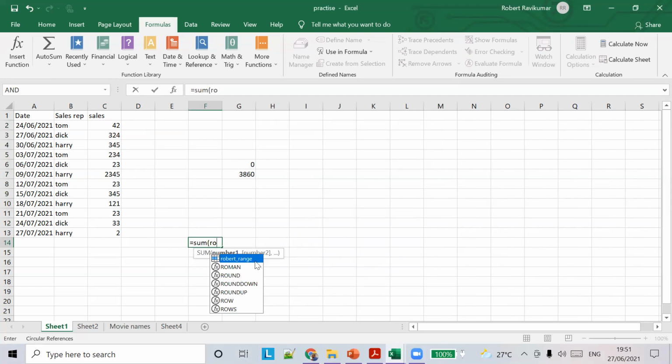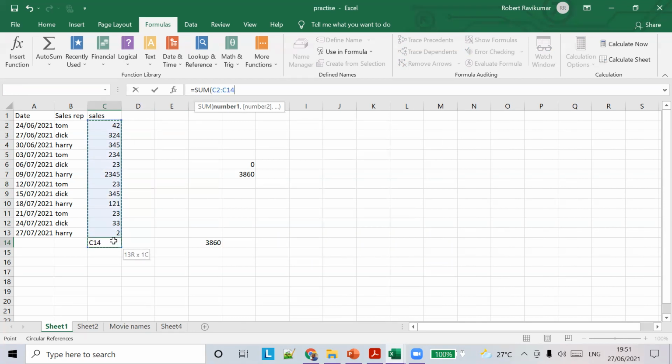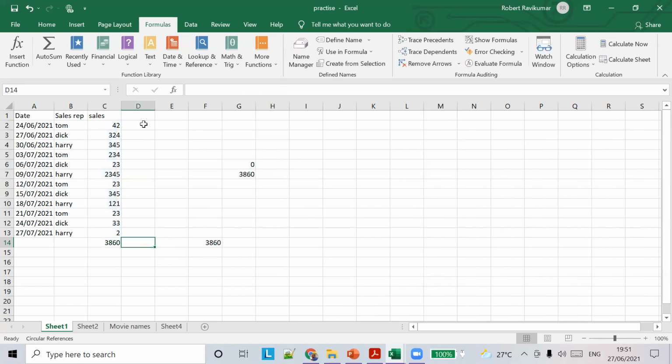This contains all the values, so it is going to give the sum of all the values. Okay, sum of Robert range. So this is the second way of creating the name range. From this bar we can create a name range.